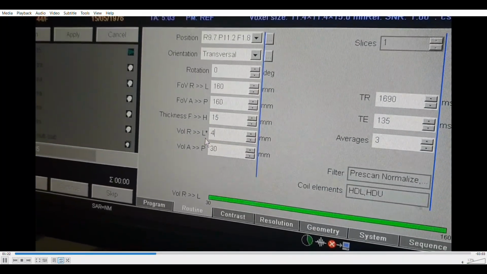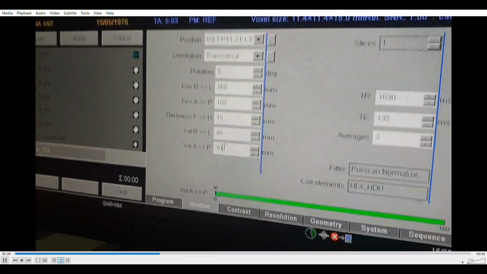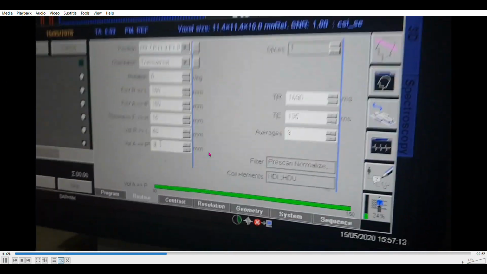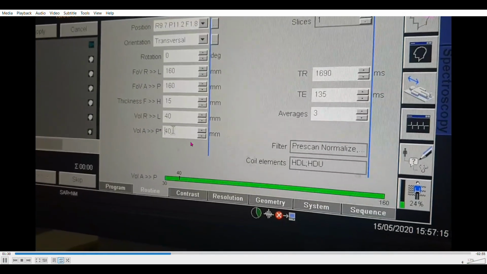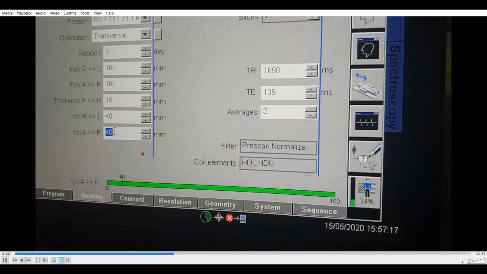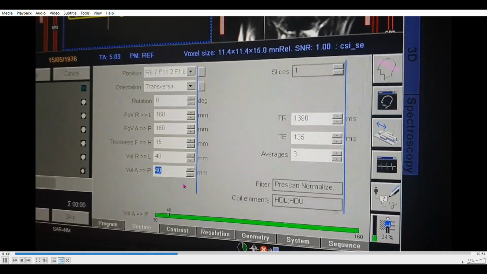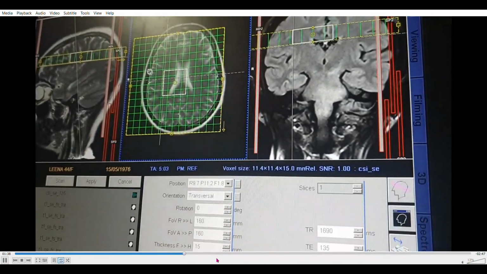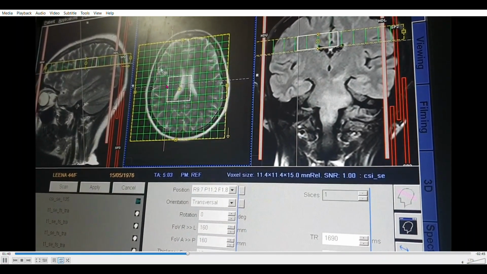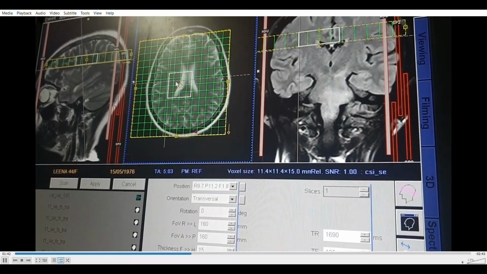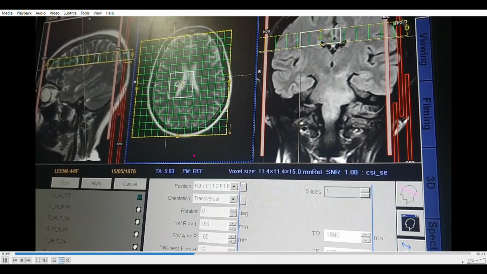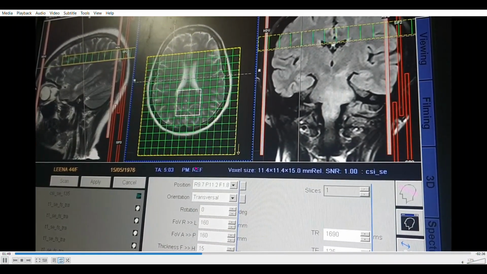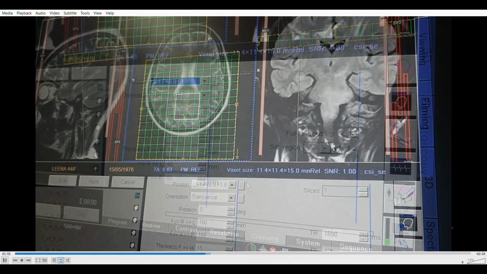So now if you take a spectroscopy of this area, the data will be much more relevant. So the ideal way is to keep the voxel size not too big or not too small. So it should be optimal. So we usually set it between 40 to 50 mm in both. So it should be the same, 40 or 50. Okay. So now the square is somewhat adequate for the size of the area which we want to evaluate. So this is just a sample. I am just showing you how to place the location.